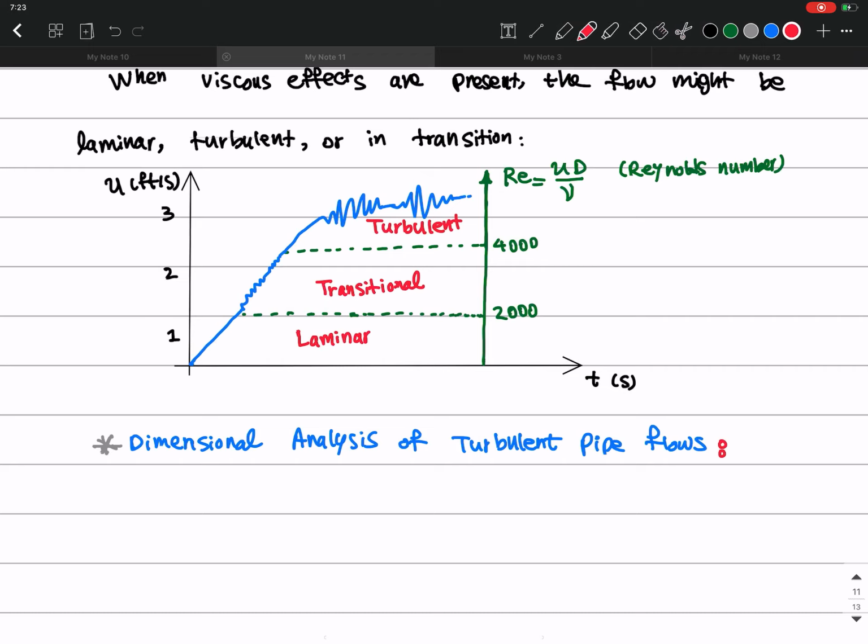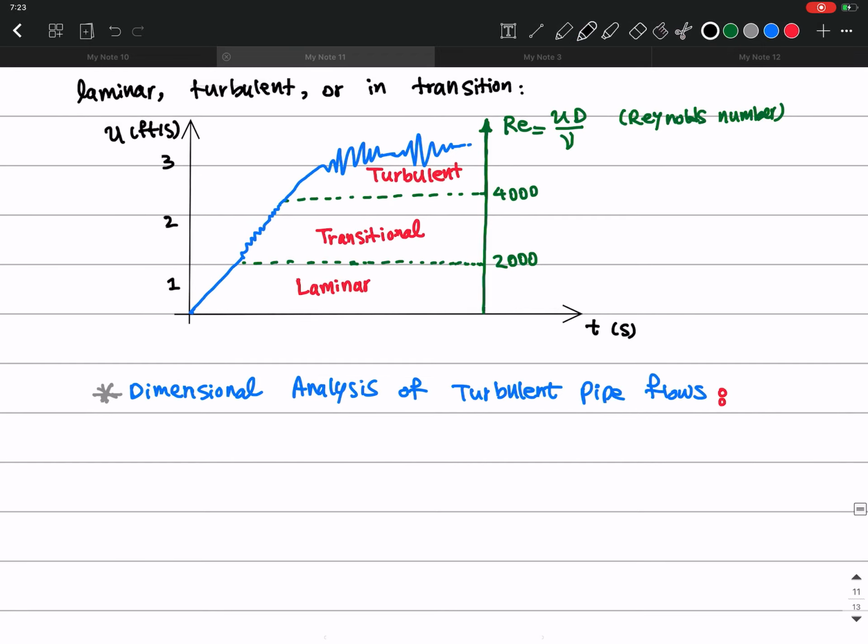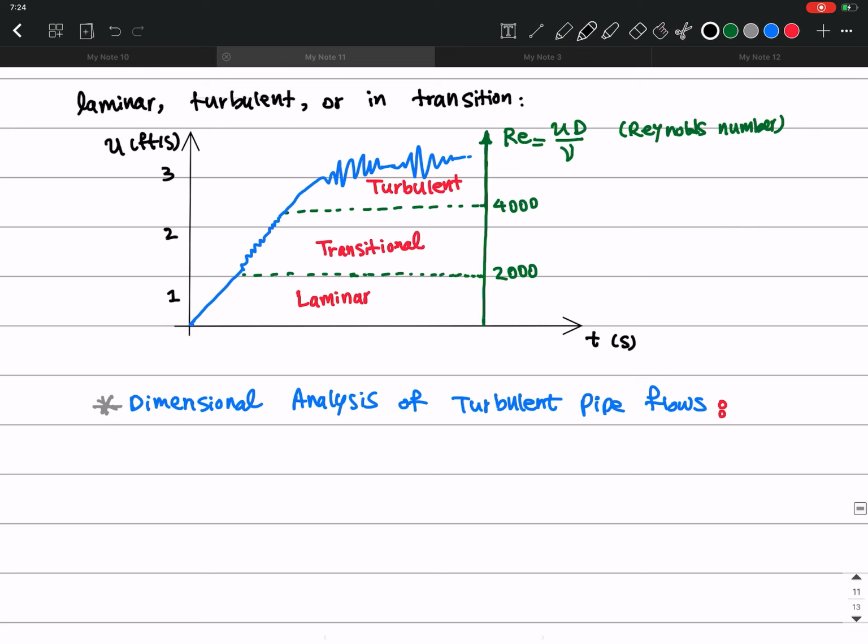We can decompose and write the overall head loss in pipe systems